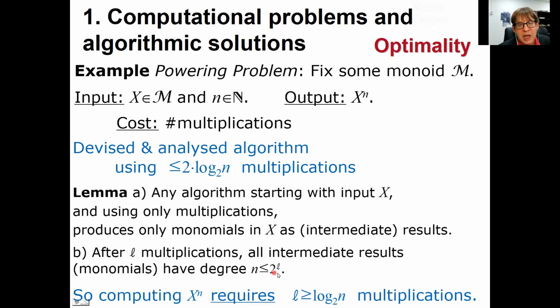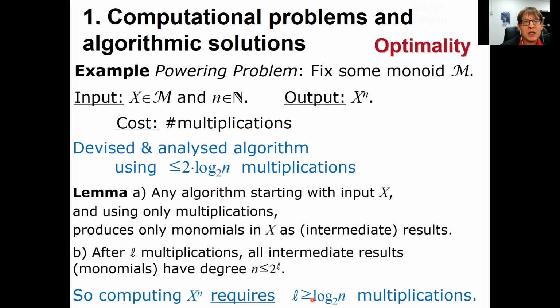Taking the logarithm to base 2 on both sides means the logarithm of n must be at most L, which is the statement: for any algorithm, computing a monomial of degree n requires at least that many multiplications. So using mathematical concepts like induction, monomials, and degree, we have a formal proof that any algorithm that uses only multiplications must use at least log to the base 2 of n multiplications